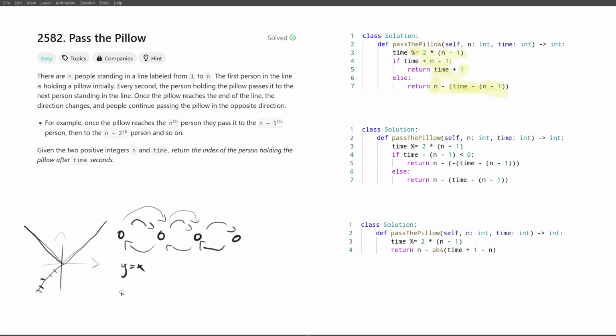So essentially, this would be the absolute value of x. And notice that it has this bouncing off situation, which is similar to what we're looking for. Specifically in our case, what we want is the same thing but flipped, and also going up and then going down, starting at 1 and ending at n, and then ending at 1